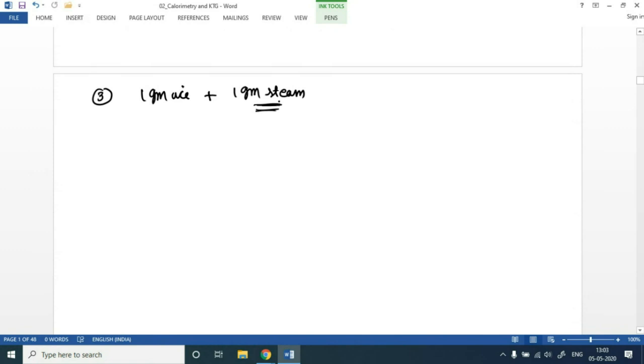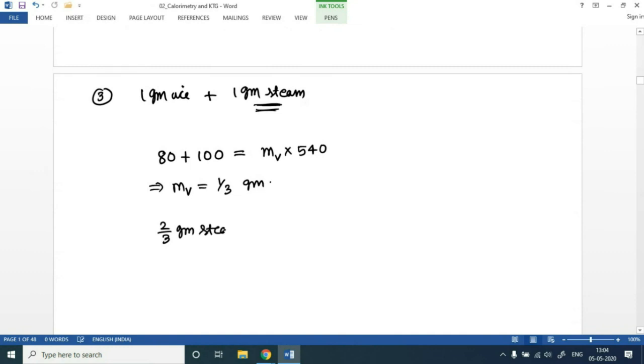So all the steam will not be condensing, so we wish to find out how much steam would be condensing. In order to do that, heat gained is equal to heat lost. So heat gained would be clearly 80 for melting and 100 calorie for temperature change, and that will come from the condensation of the steam. So let's say mv into 540 calorie per gram, which is its latent heat of vaporization. Solving for the mass of the steam which has condensed, we will get it as 1 by 3 gram only. So finally we will be left with 2 by 3 gram